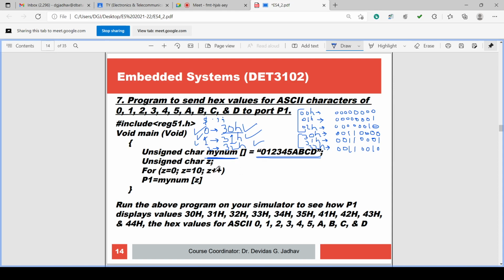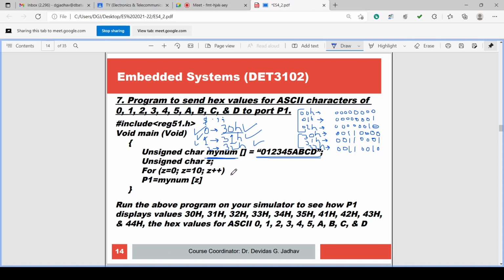Then the for loop is there. As usual, z equal to 0. In z some values are stored, maybe 0, maybe 1, maybe 2, and z less than 10. z equal to 0, z less than 10, increment z. This is the for loop. As we know, in the for loop, z equal to 0 is initialization, z less than 10 is condition checking, and z plus plus increments the variable z.